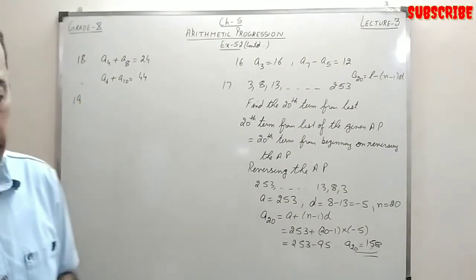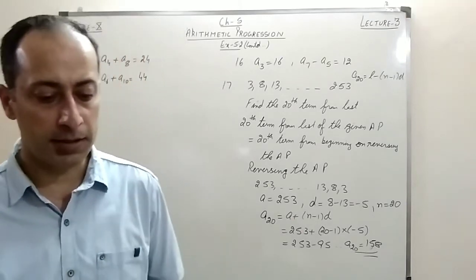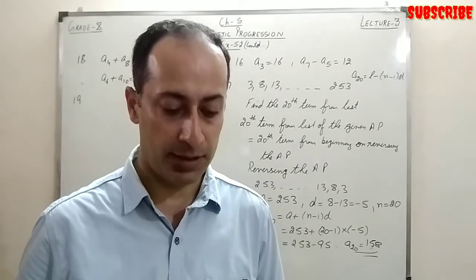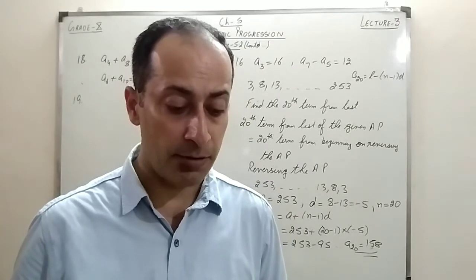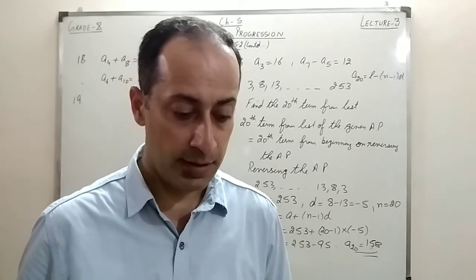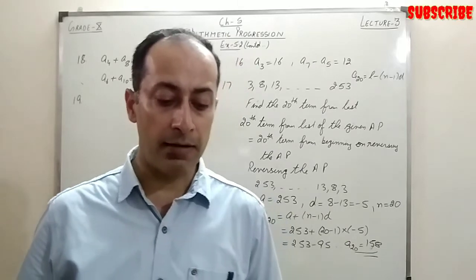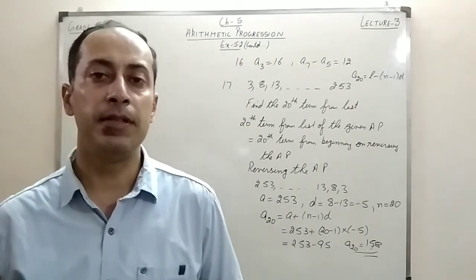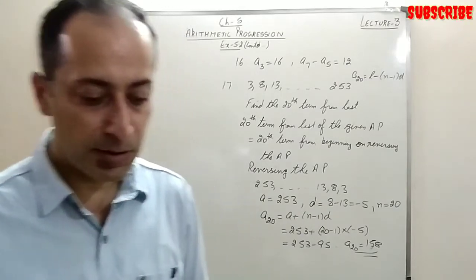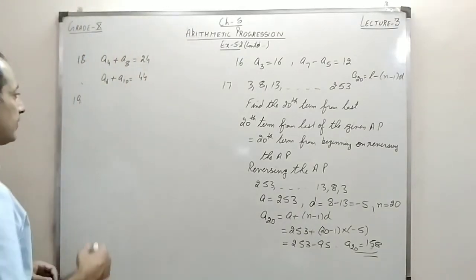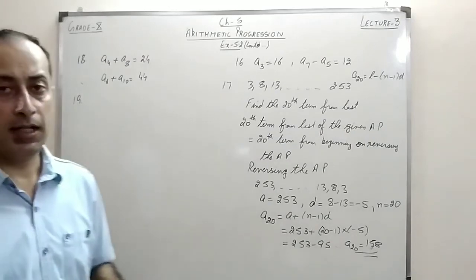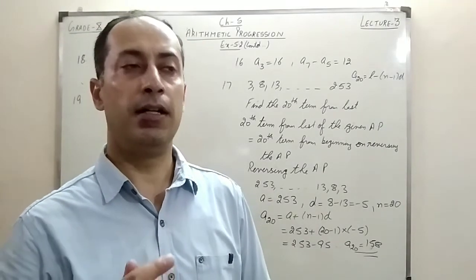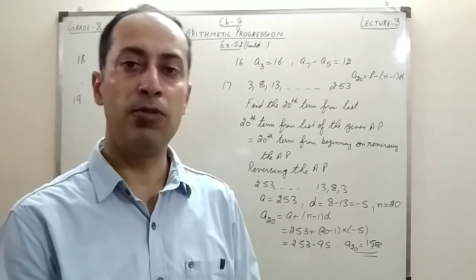It's given a person, Subbarao, worked in 1995 at an annual salary of rupees 5,000 and received an increment of rupees 200 each year. In which year did the income reach 7,000? So I have to find after how many years his income reaches 7,000, right? The solution of this question can be found by using AP.